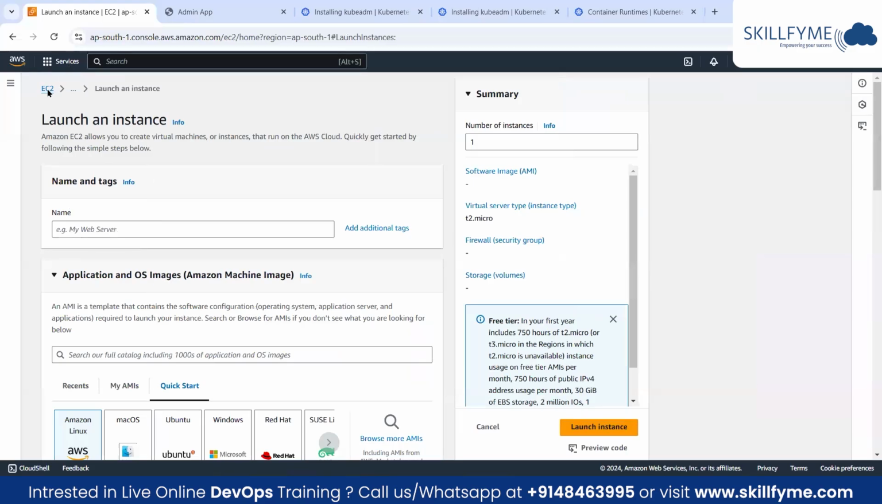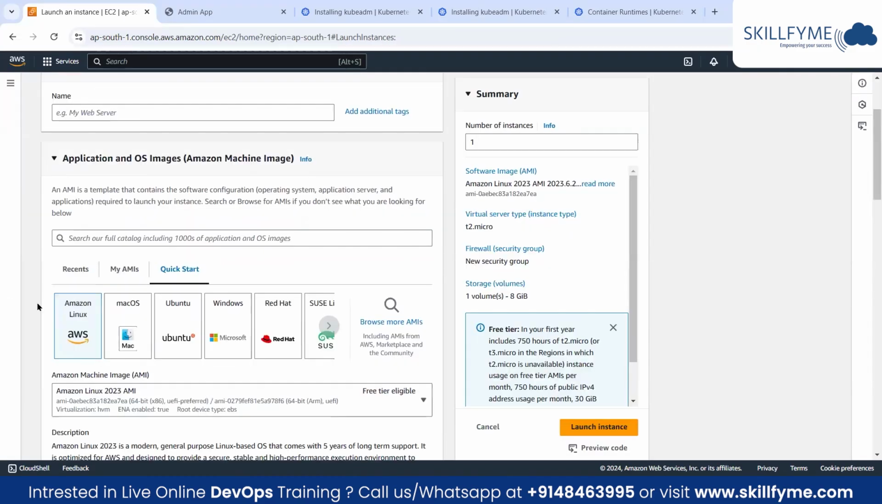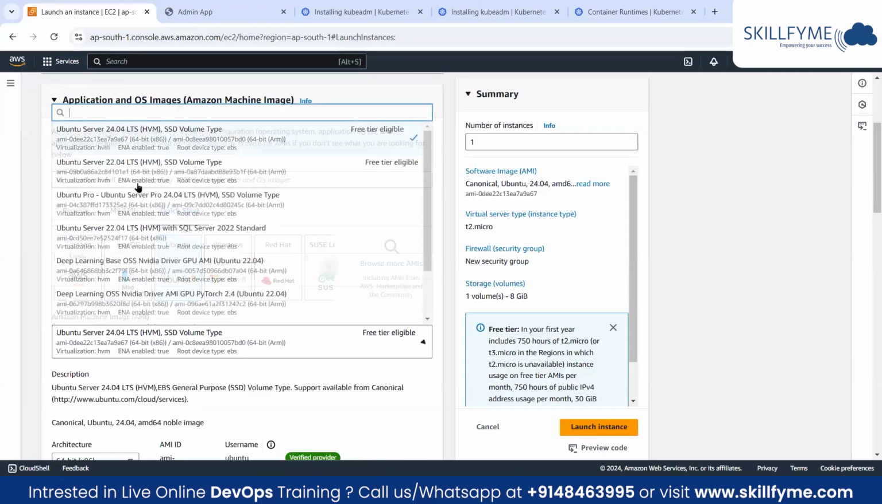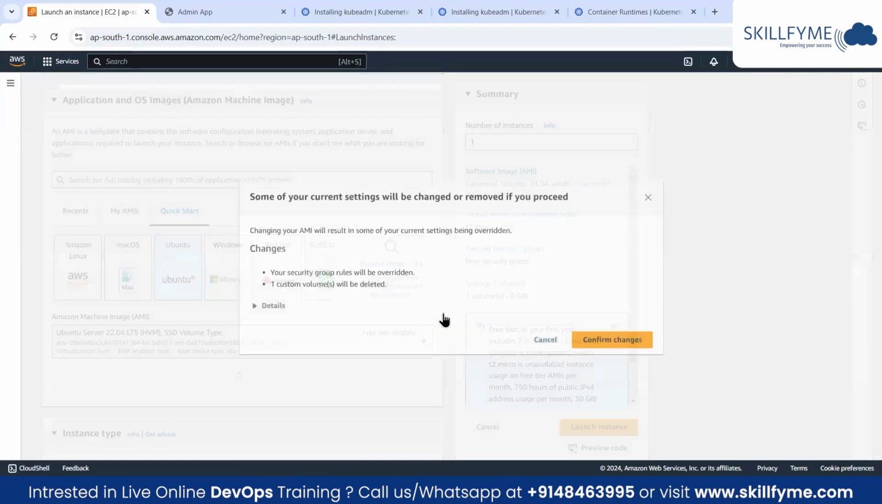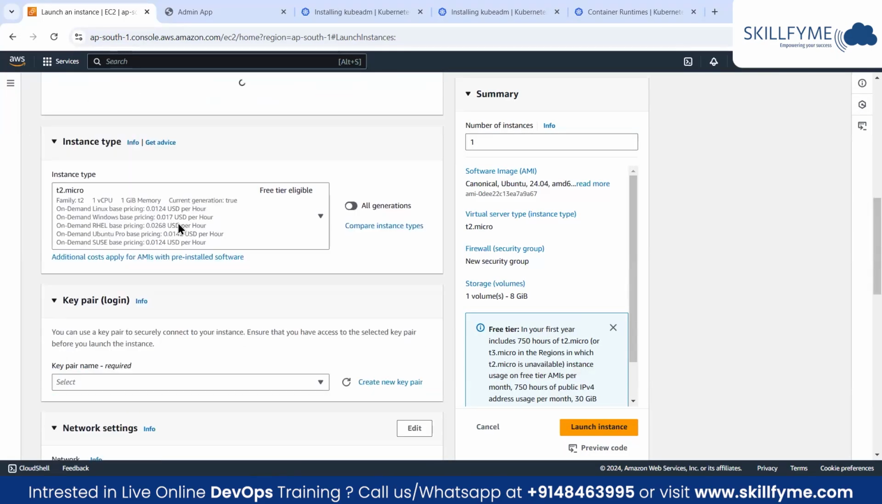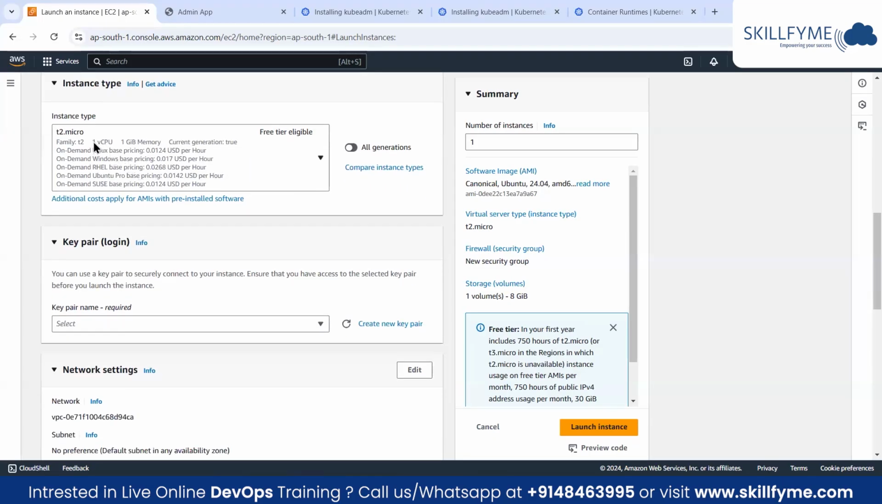Okay, so I'm going to launch the EC2 instances now. So let's use Ubuntu 22.04 version, the previous version of Ubuntu, which is considered a stable version. And for the sake of demo, I can use T2 Micro itself. But in real time, we cannot use T2 Micro because it comes with just 1 CPU and 1 GB